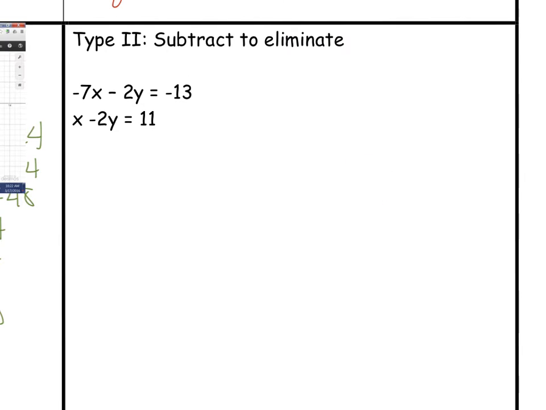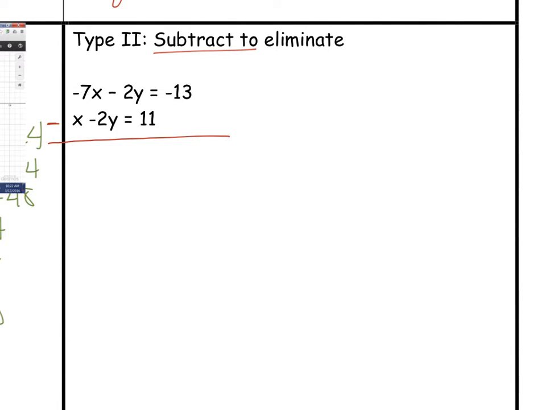Now we're going to take a look at the second example, which is to subtract to eliminate. Notice that the coefficients of y have the same absolute value, 2 and 2. What happens if you add 2 and 2? You get 4. Does that eliminate anything? It does not. What happens when you subtract 2 and 2? You get 0. And what happens if you subtract 2x and 2x? You also get 0. So we are going to subtract to eliminate a variable,